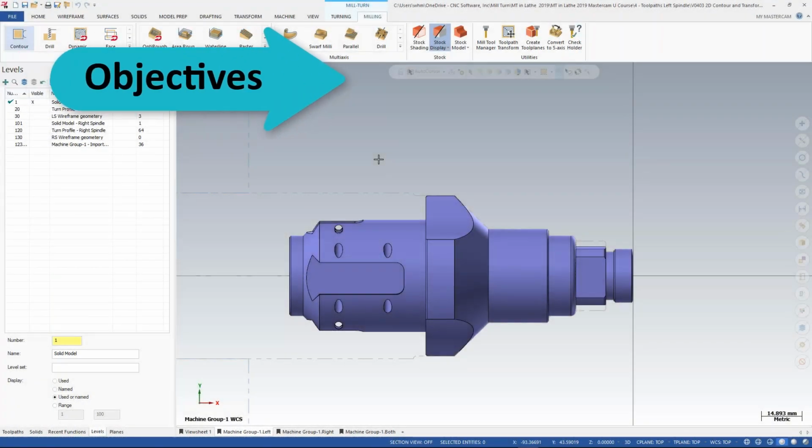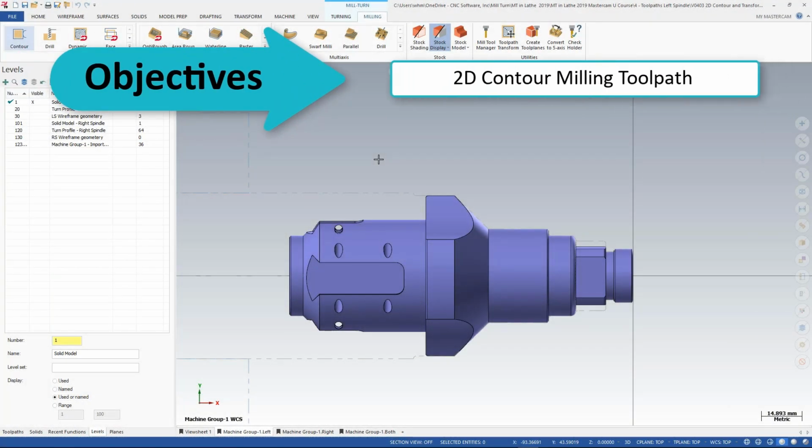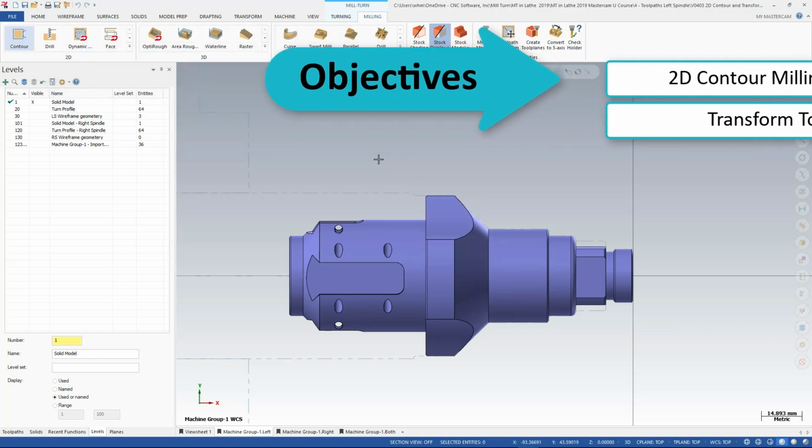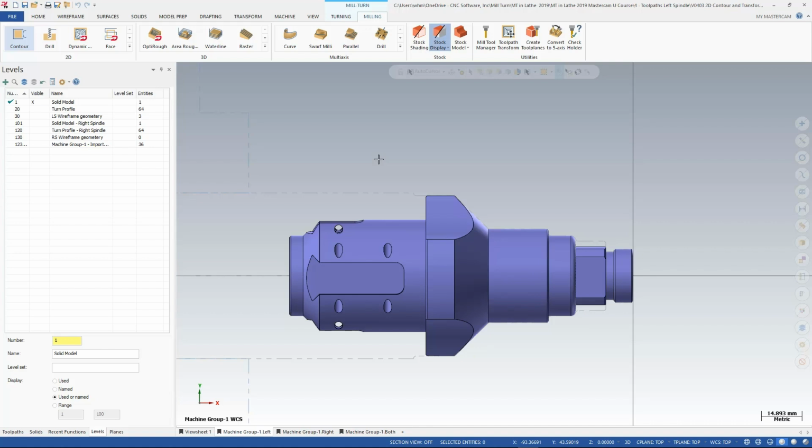In this video, we will create a 2D contour milling toolpath. Then we'll transform that milling toolpath. I have updated the view sheet Machine Group 1 left to include level 1 solid model as active and all the other levels off. I'm going to go to the back view